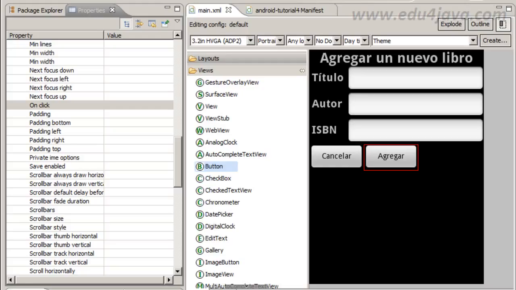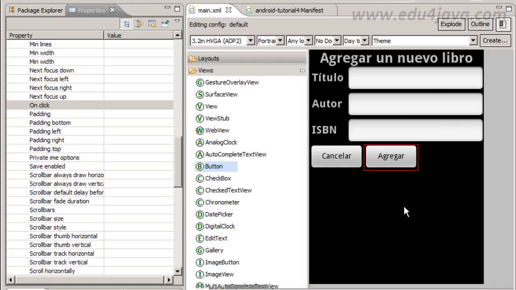The title of this tutorial is Navigating with Intent. We are going to navigate from the form that we created in the last tutorial to another activity using an intent. The other activity we are going to call result. Okay, the first thing we are going to do is take this button, add,